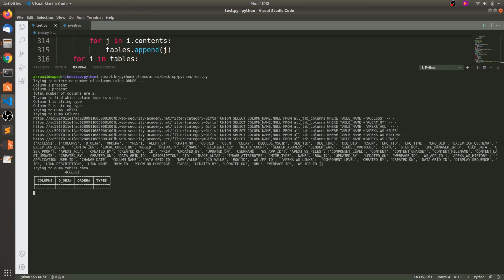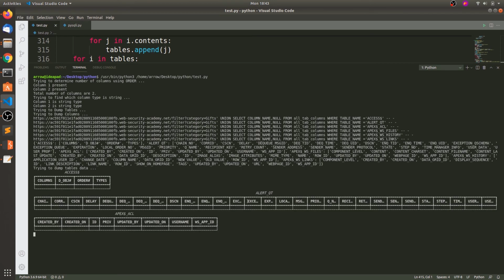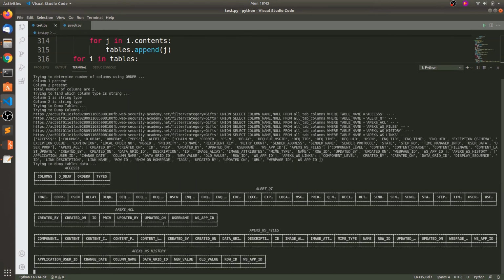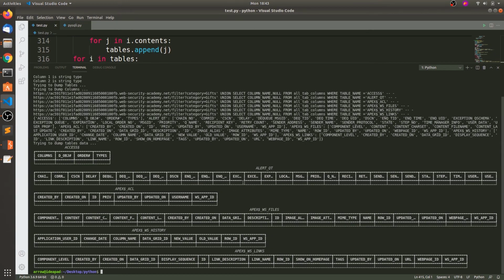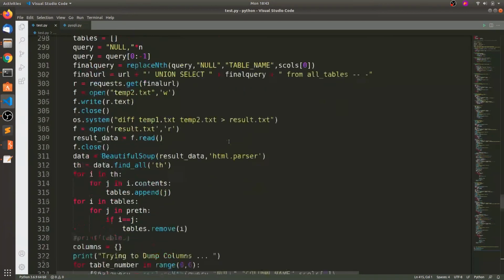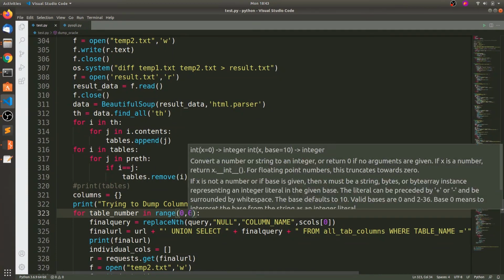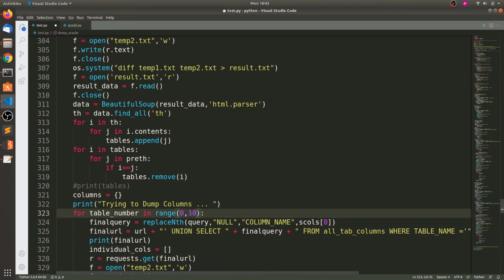This is the query we are sending, and we are getting this response. All these tables are empty. So let's increase the number to 10, or instead of 10, you can say the length of tables.